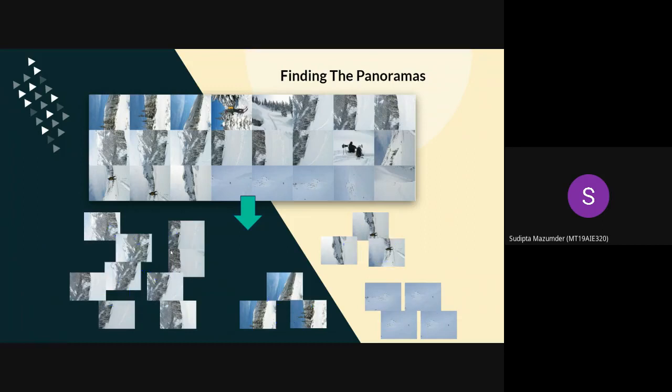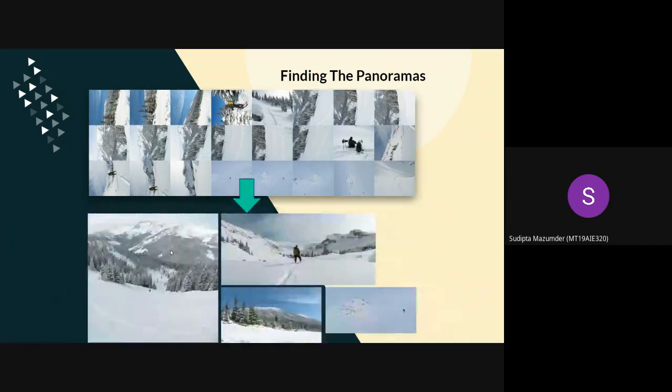If we then go to the next slide, we can see that now that we have the common features between these images, we know the actual images that need to be stitched together to form a panorama. Using this, if we go to the next slide, we can see this is the resultant image that has been formed by using this method. Not only have the images been stitched together, the noise is also minimal in these images.